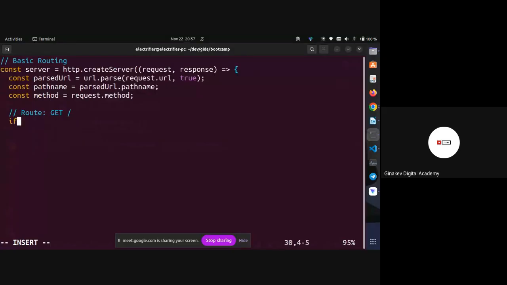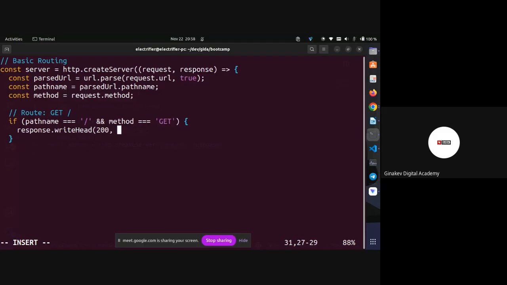So whenever the path name that was extracted from the URL is the root, and the method is equal to get, then we want to send them a response, a response dot write